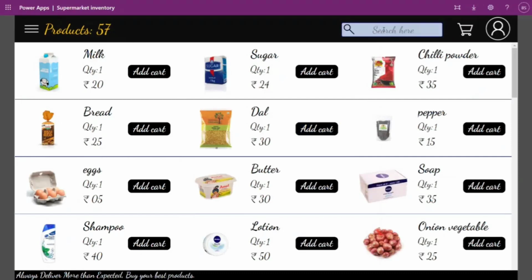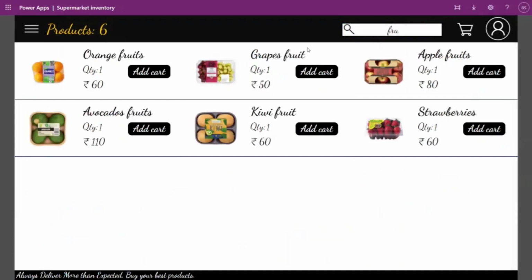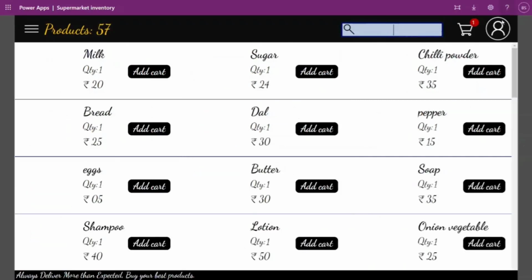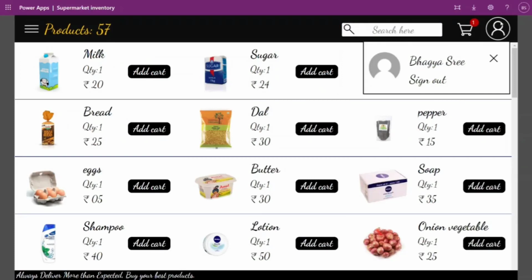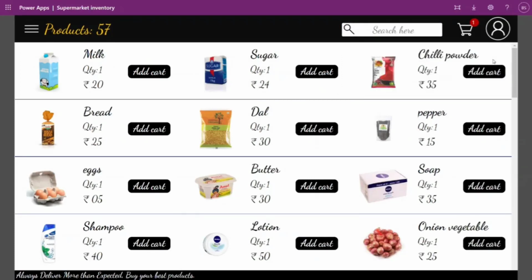We can easily search here by names. Here this is the profile of the Office 365 user. When we add products to the cart, the cart count will automatically increase.